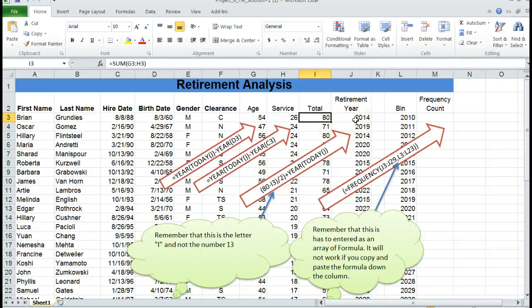The next entry then is the retirement year. And the retirement year references back to the fact that it has to be 80. So the first thing we see in the formula is 80, and 80 minus I3 would be 80 minus 80, and then we divide that by 2, and then we add the year of today. So 80 minus 80 is going to give us 0, and 0 divided by 2 will be 0, and then we'll just add the year of today, and that will give us 2014. So no big